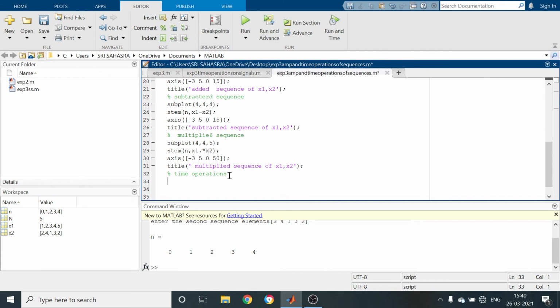In time operations, what are we having? Amplitude scaling. So still we are having one amplitude scaling, that is known as time operations. In time operations I am going to write time delay sequence. So for that one I am writing